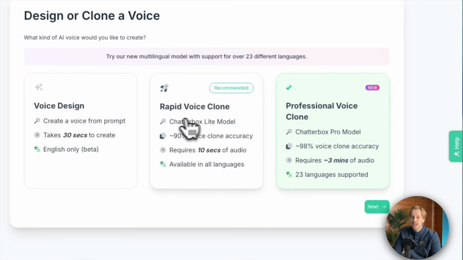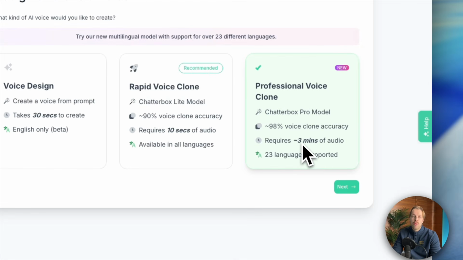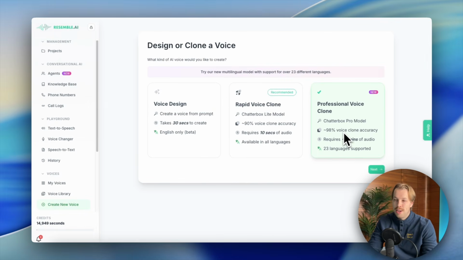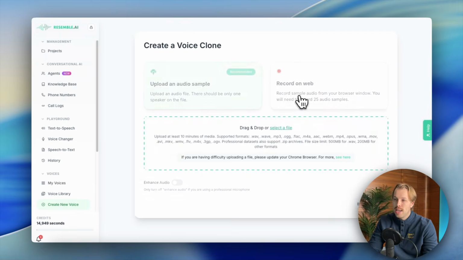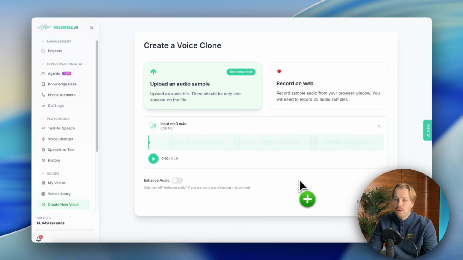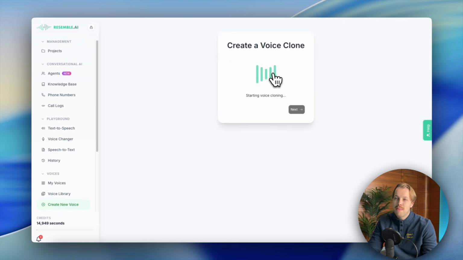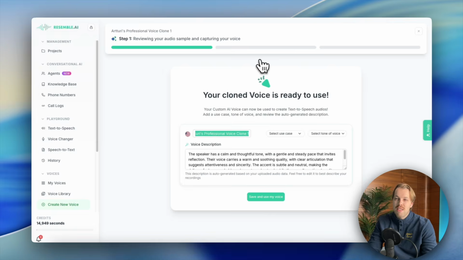So instead of creating a rapid one in just a couple of seconds, you can do one where you record 3 minutes of audio of yourself. And this actually takes 1 hour to render your AI voice clone. It seemed promising. I tried it. I even dragged and dropped in my audio. I clicked next a couple of times and it even started to create my voice, but it always resulted in